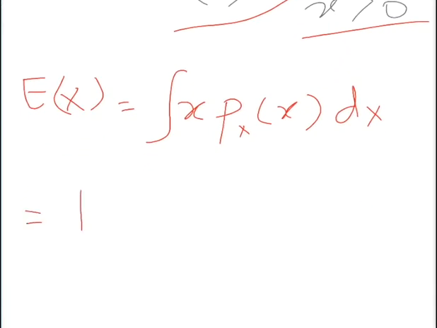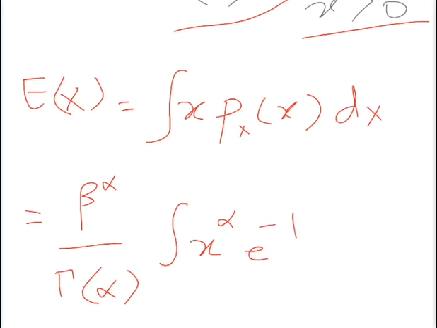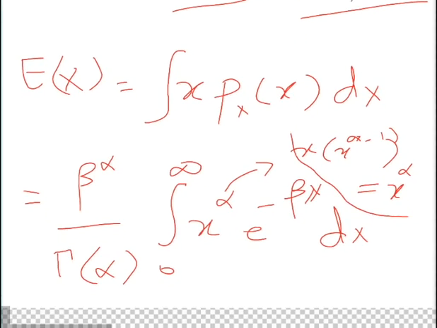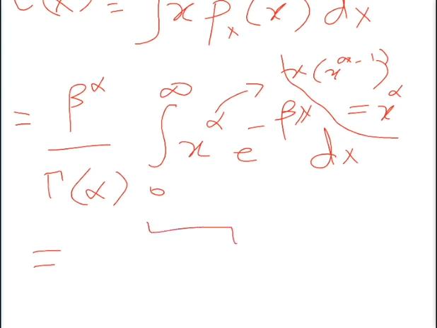So in our case we have beta to the alpha over gamma of alpha, x to the alpha, e to the minus beta x, dx from 0 to infinity. Now this x to the alpha came because I used x times x to the alpha minus 1, which is equal to x to the alpha. Just a side note here. Okay, so what is this guy? Now this we can use the